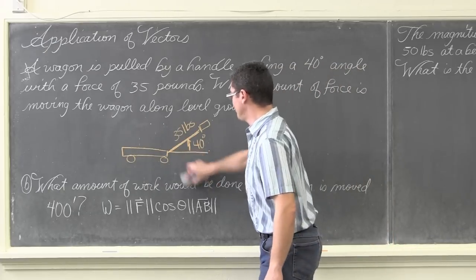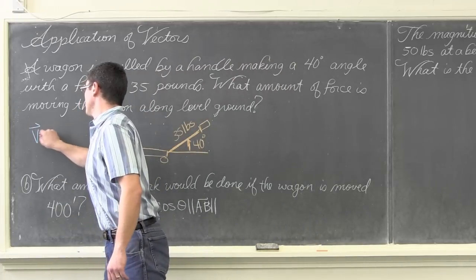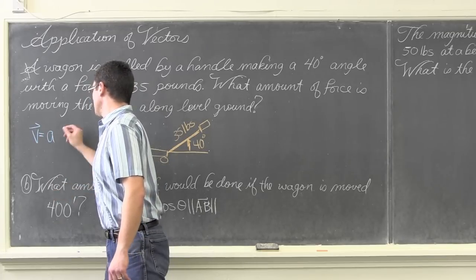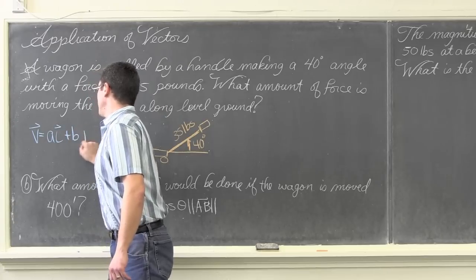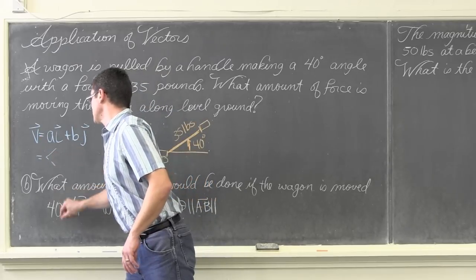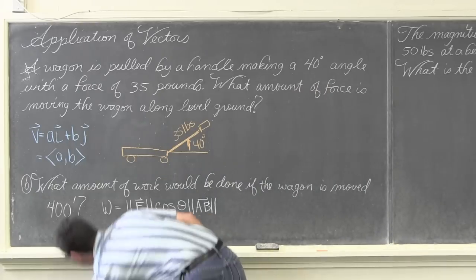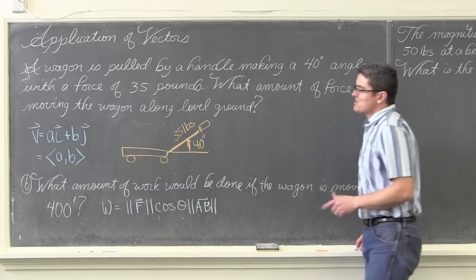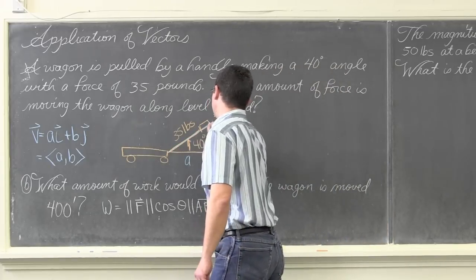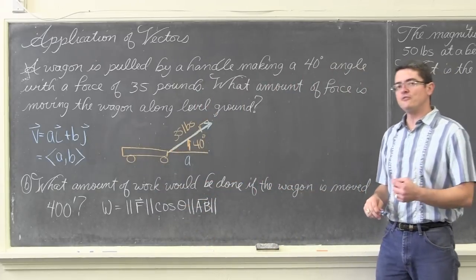Well, I'm putting an X here, but when we talk about vectors, my textbook really stresses the horizontal and vertical components. So our vector is going to be written as A times the component vector i plus B times component vector j, and I will switch back and forth between this component notation and this shorthand notation of just simply A and B. So we're going to find the horizontal component of this vector acting as the handle. We have this vector going at 40 degrees, 35 pounds.